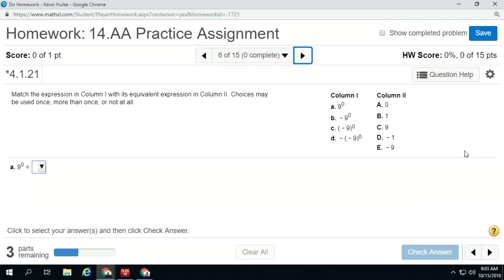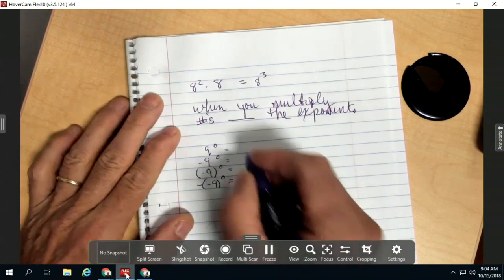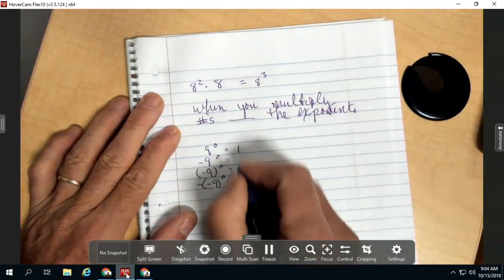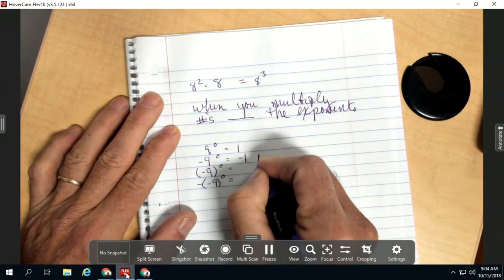The first rule: any number to the 0th power is 1. So, this is 1, but this is not 1. Why? So, let's take out our notes and let's make sure we have that down. This is 1, but this is -1 because